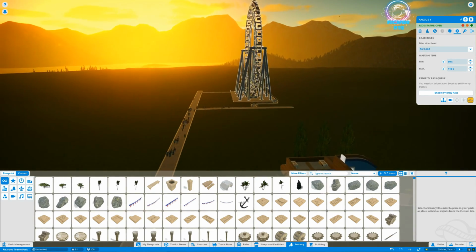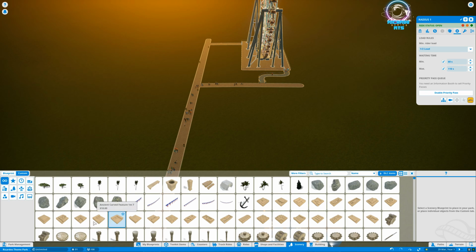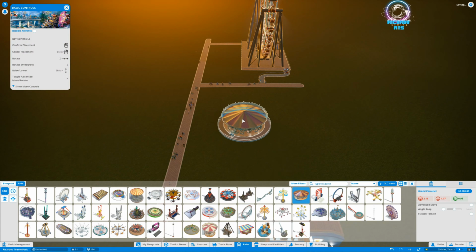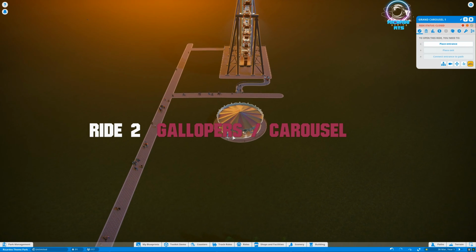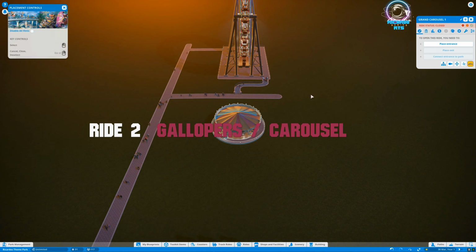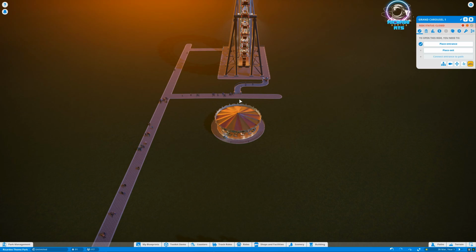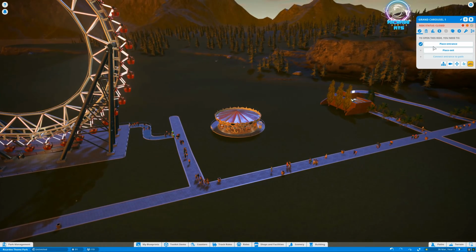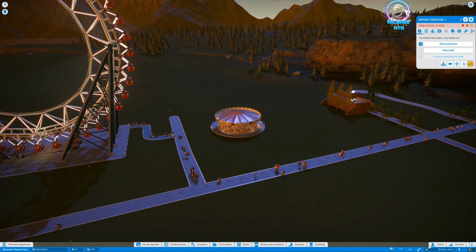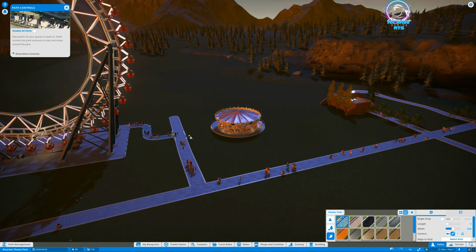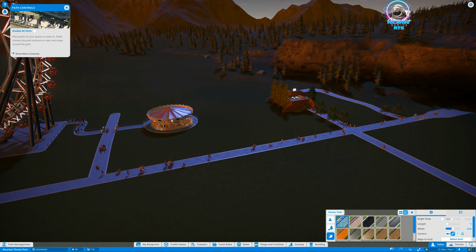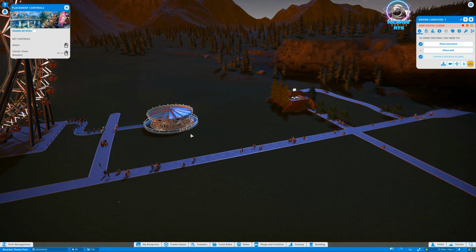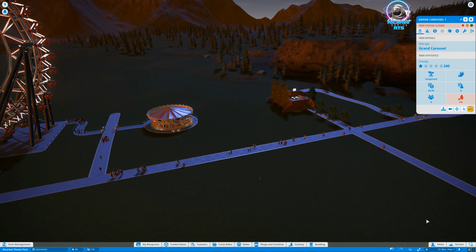So really what you want now is to have another ride popped in there to try and help people out and to try and move things around a bit. So we're going to go for another ride. We're going to put in a grand carousel and we're going to put it in about there. And then of course we're going to click on it. We're going to place our entrance right there. See, because we've got things coming in and out the right place. They'll come up here and go there or there. What we're going to do is put our queue here for it. So here we go. There's our entrance, and then we're going to put an exit. So we're going to select it, place an exit, and then we're going to put a path then